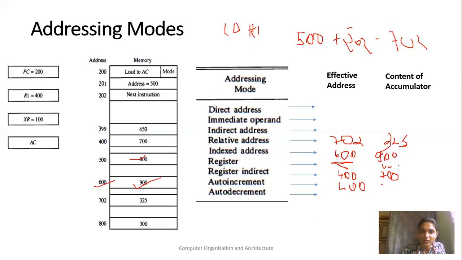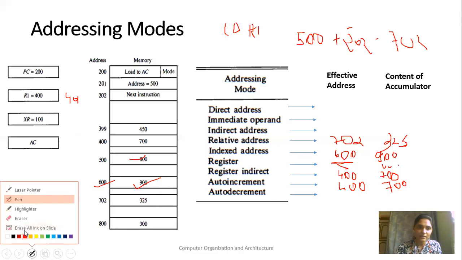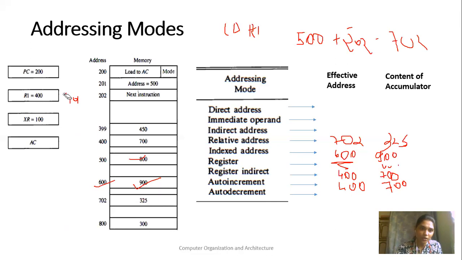What is the content of that 400 location? That is 700. That is going to be stored into accumulator, and after that your content of register R1 is going to be incremented by 1. That means this content will become 401. After storing data, your address is going to be incremented.